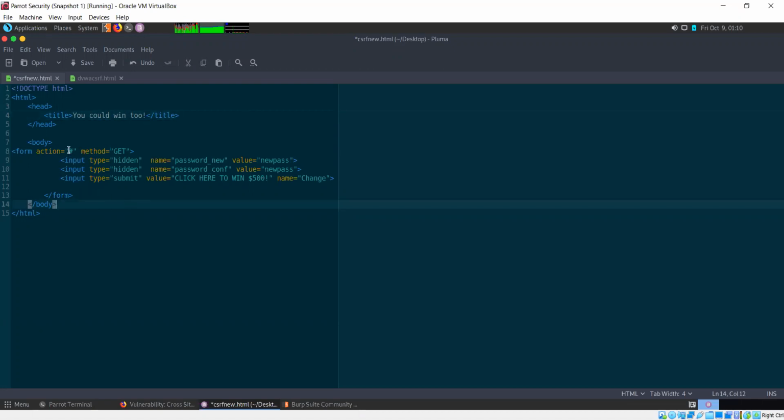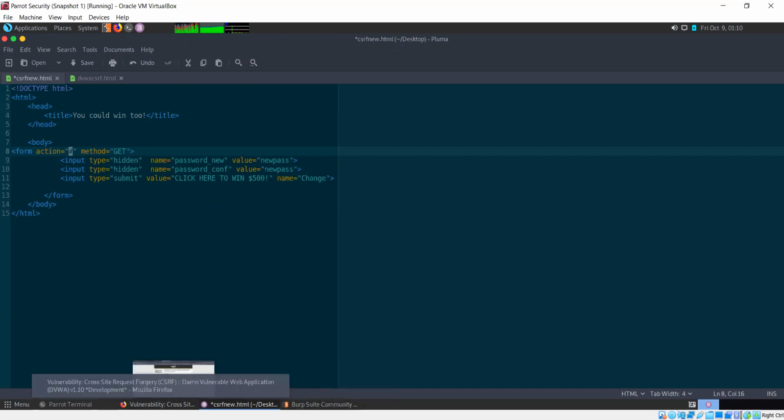Now we need to specify something here in the form action to tell it where to go after we click this. So for that, I need to specify HTTP, and since we are on the localhost itself, DVWA.